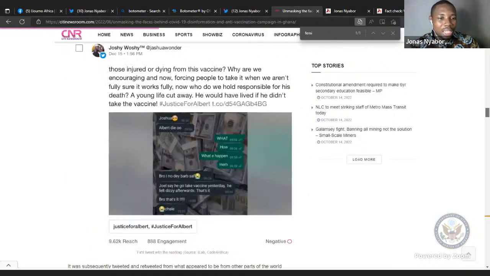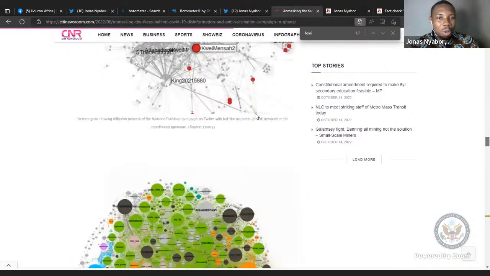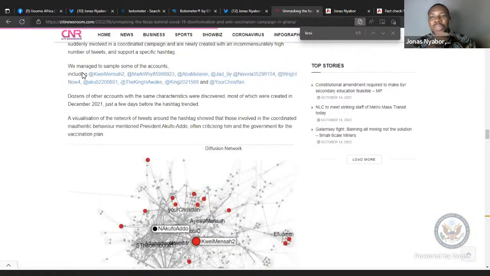And then I also realized that this was a group of people who gathered together, retweeting among each other and sharing each other's tweets. That's also another evidence. Then I used the Botometer to check, and I realized that some of the accounts were also bot accounts. All these things are different steps or processes that help you build a complete case. That's why I said you don't use just one point to say, because it's a bot account, it's a campaign. You have to use different means to come to a conclusion.